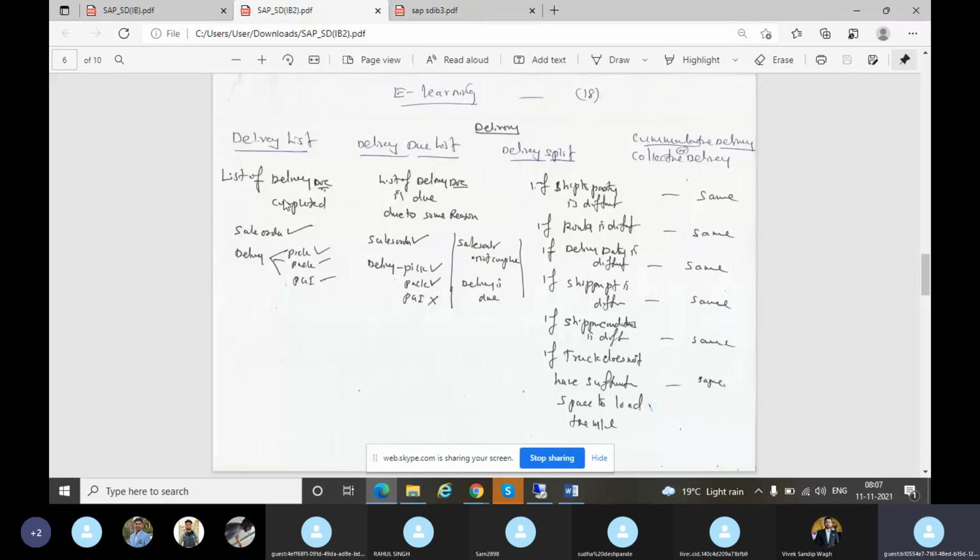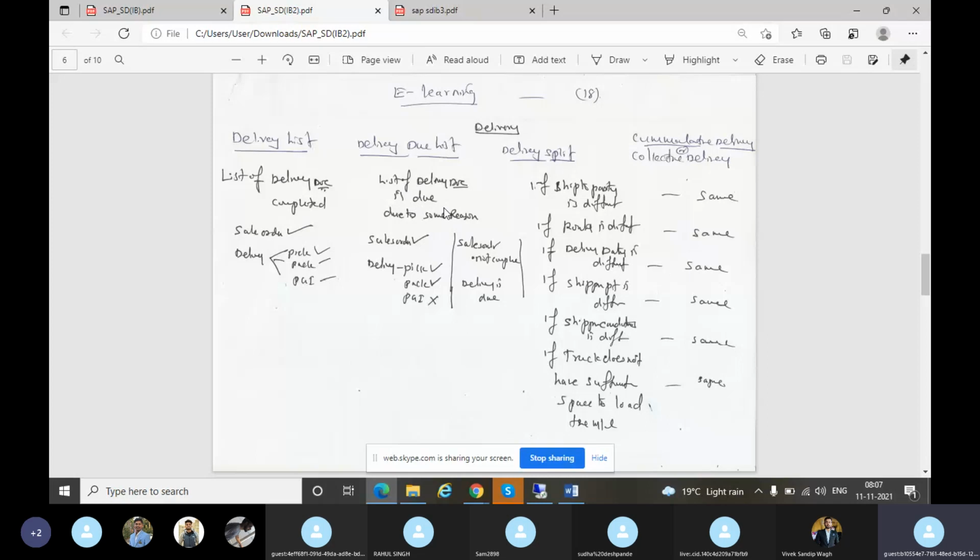They want to take the report, a hard copy or soft copy, and send it to their senior who is sitting in Delhi. The Delhi person is telling, at 3 o'clock I want the list of all deliveries completed. But he has joined recently and doesn't know, so you have to try. That is how the delivery list works. I'll show you. Next, the delivery due list. Delivery due list means a list of delivery documents that are due for some reason. It is incomplete, it is invalid.